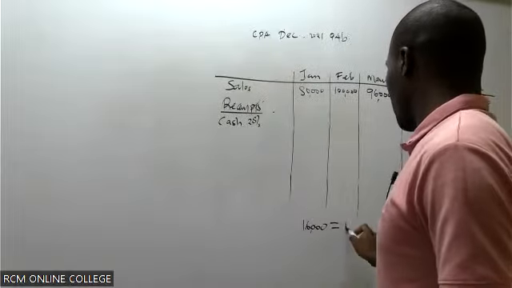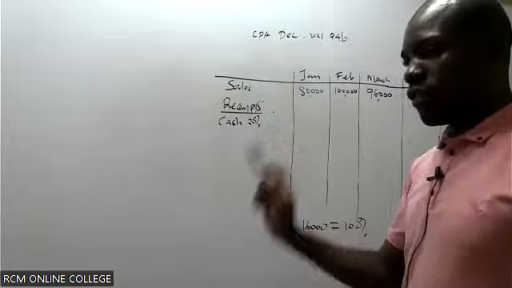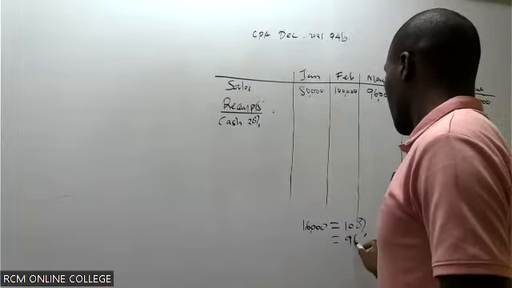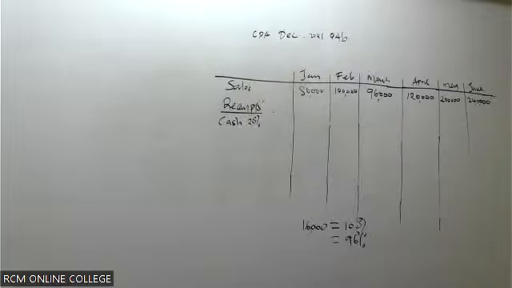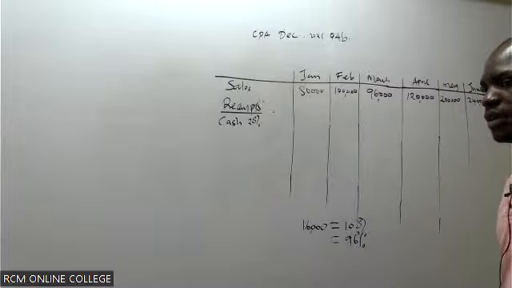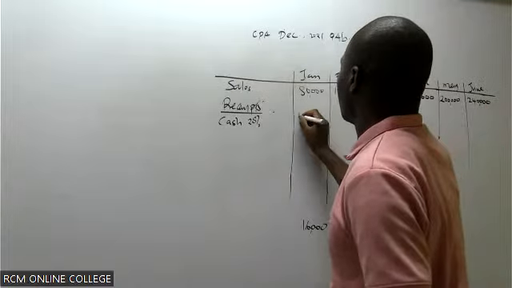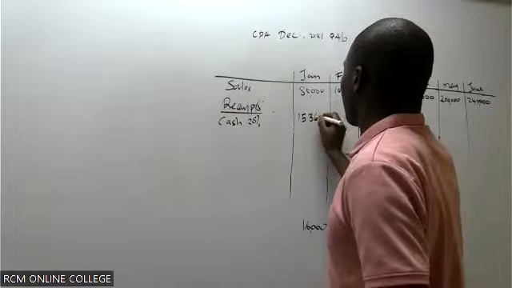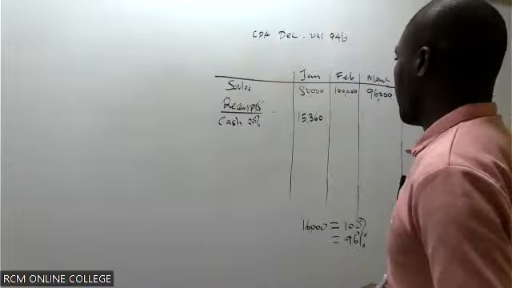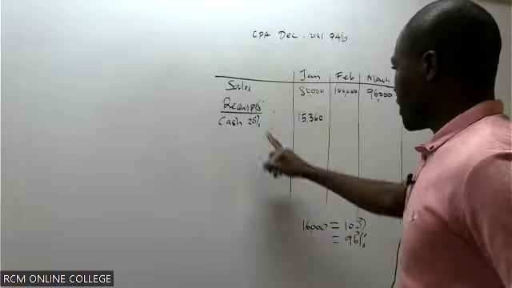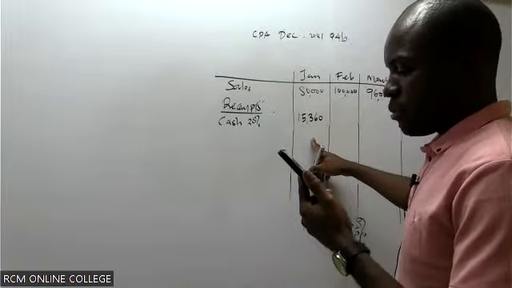So 16,000 is equal to 100%. Wakipewa discount ya 4%, they're supposed to pay us how much? 96%. So how much is 96% of 16,000? 96% of 16,000 ni ngapi? 15,360. Hiyo ni wenye wamelipa cash. Okay. 20% wanalipa cash. Then tunaambiwa